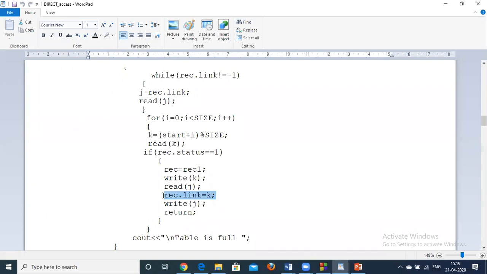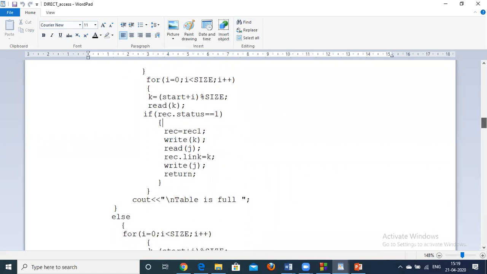So whatever we have done in hashing, we have to do the same, but here we will be using the write function, which is based on 5. So we will go to that kth position directly and write the record at that position, and link it to the jth record. So the link of the jth record will be modified.